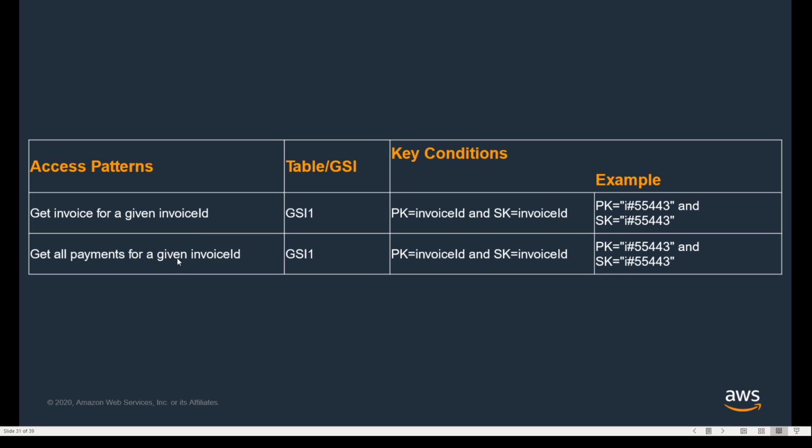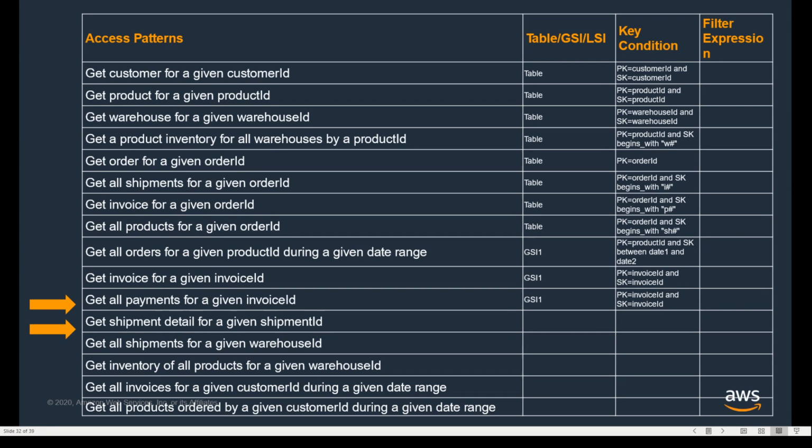It's kind of split against two, but in one case, we're going to get an invoice. Maybe there hasn't been any payments, and I need to add the payments. So let me get the invoice, and the other is going to say, is an accounting process that's more interested in seeing the payment data. All right, so next is to go get the shipment detail for a given shipment, go get shipments for a given warehouse. What was the information that was put in on these